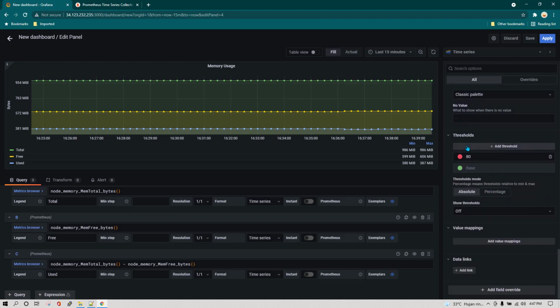Now we can scroll down and we can see we have option of threshold. So thresholds, I'm just going to show you probably in some other example. For now we can skip it, but threshold is basically just going to show some sort of line and going to show you what is the threshold. Yeah, let's see it through an example in our upcoming lessons.